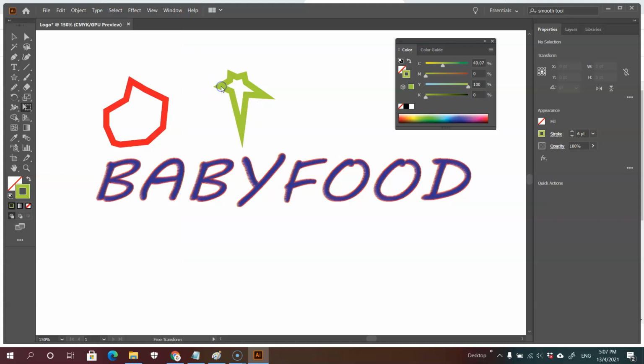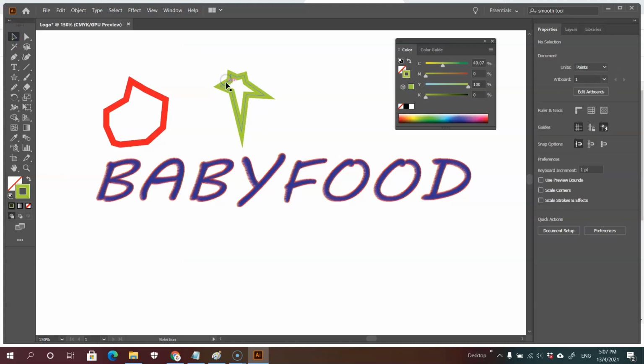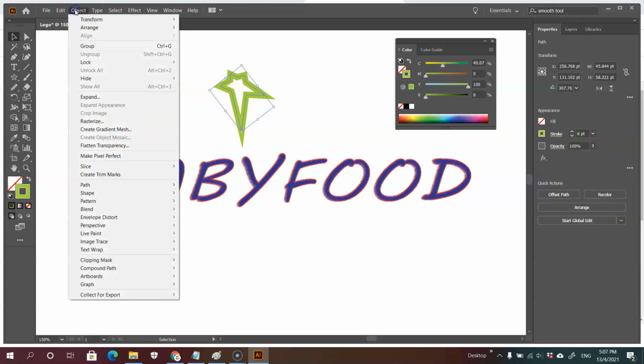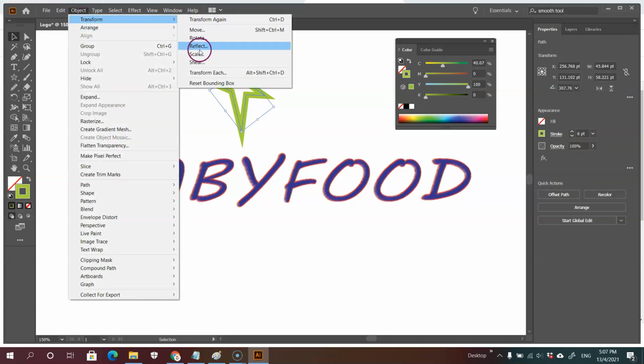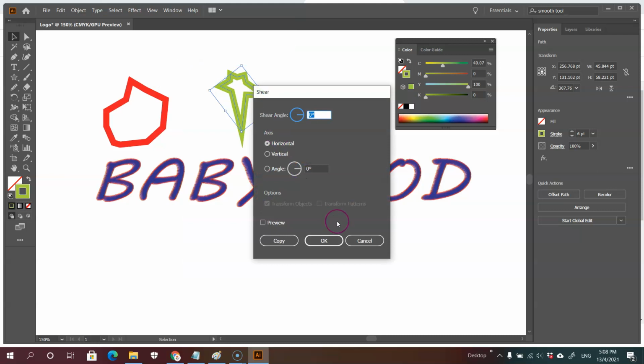Make sure you click the object first. If you do not click the object, you cannot transform. So in the Object menu again, we also have shear and scale. Scale is actually to resize. Shear, you want to have